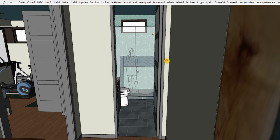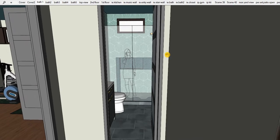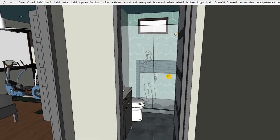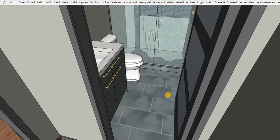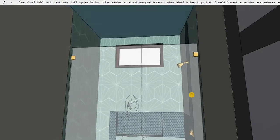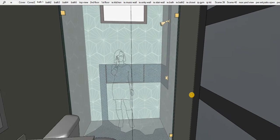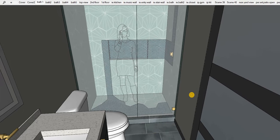Hey guys, really happy to share with you this updated interior design for your upstairs bathroom. Showing off some tile selections here. I am really happy with this idea here. I hope you love it. I've got some other options to show you too, but there's a motif that you might see that I hope you'll enjoy,